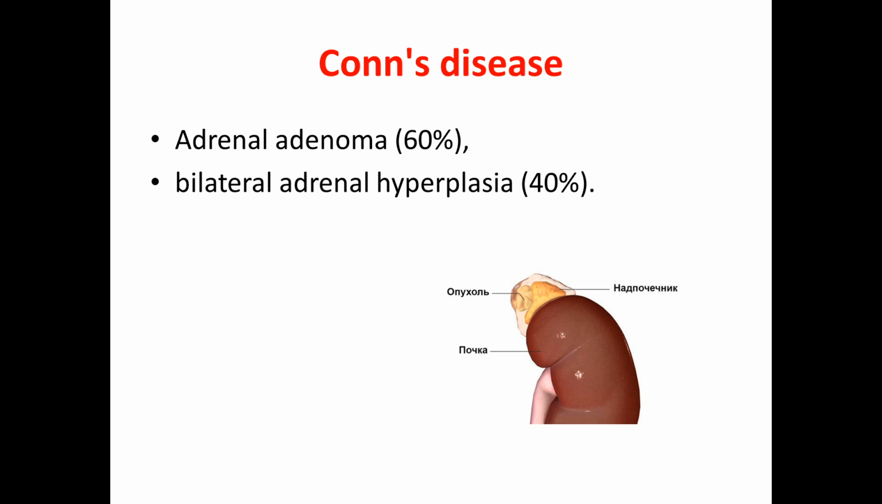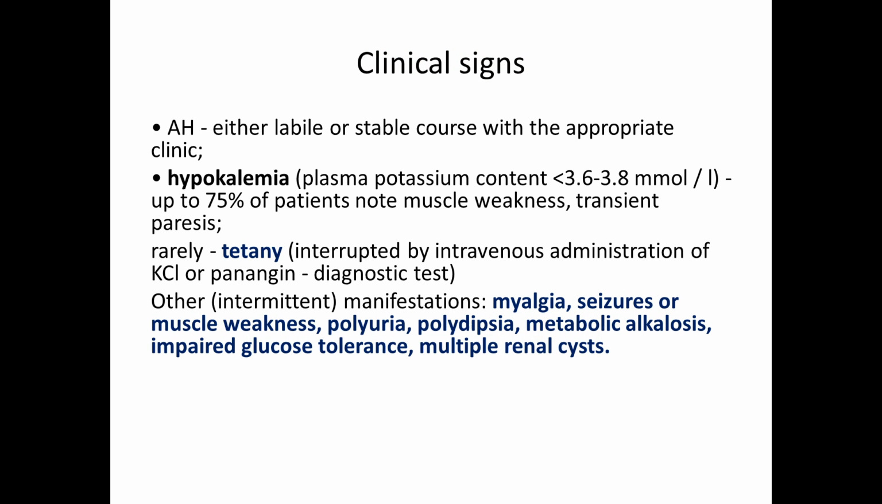of vessels. Next is Conn disease. Conn disease mostly develops because of adrenal adenoma and bilateral adrenal hyperplasia. Clinically, Conn disease, or hyperaldosteronism, is connected with aldosterone function, and aldosterone causes sodium and water retention and increases blood volume. Increased blood volume causes arterial hypertension, either labile or stable course with the appropriate clinic, and hypokalemia develops because potassium is the opposite electrolyte for sodium,